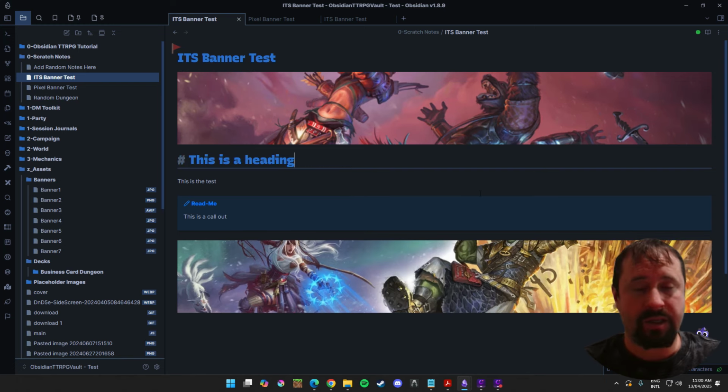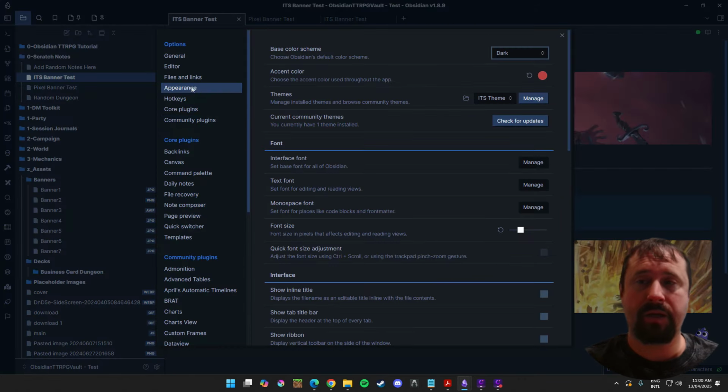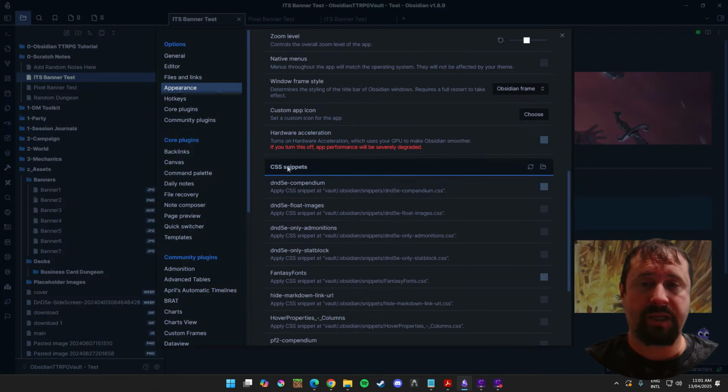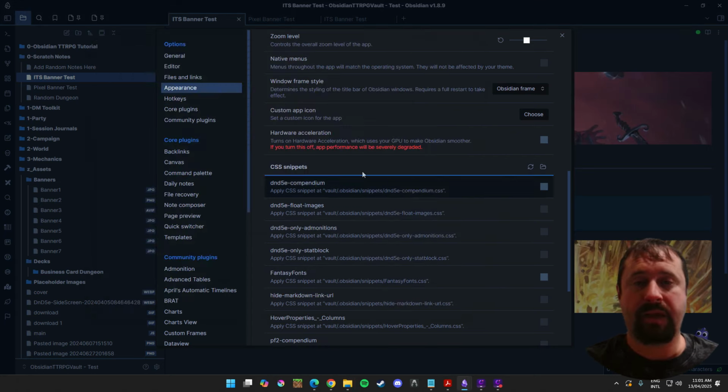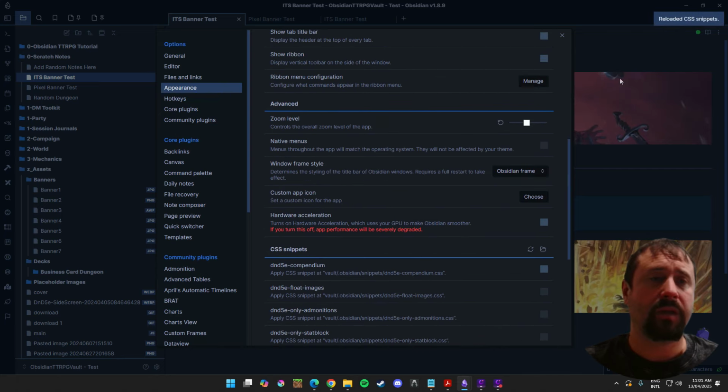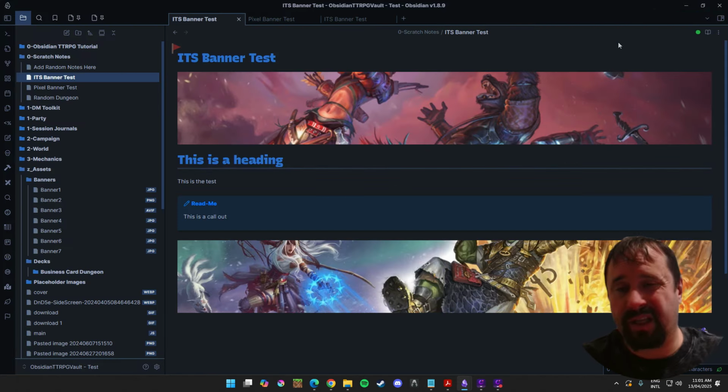As you can see, you download the theme or you download the CSS. If you download the CSS manually, you just come here to the cog icon, go to Appearance, come down here to CSS Snippets and click the Open Folder button. All right, that will open up the folder, which is where you put the snippet. And then when you come in here and click Refresh, you've basically just got to enable it down here. All right, so installing it's very simple, using it's very simple, it's quick, clean and clear,